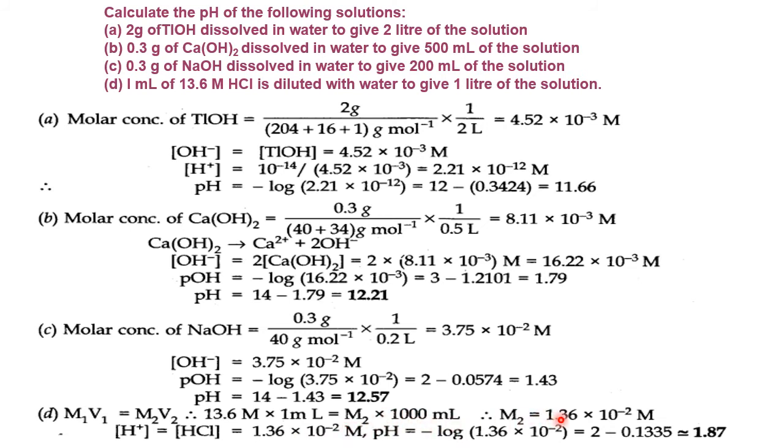1.36 into 10 to the power minus 2 M, whose concentration is HCl. So HCl contains what? Mainly H plus only, no? So this is the concentration of what? H plus. So pH equal to what? pH equal to minus log hydrogen ion concentration. So it is log 1.36 plus minus 2 log 10. So 2 log 10, log 10 is 1, so 2. So from the 2 you take out log 1.36. You see the log for 13 under the 6, that gives you